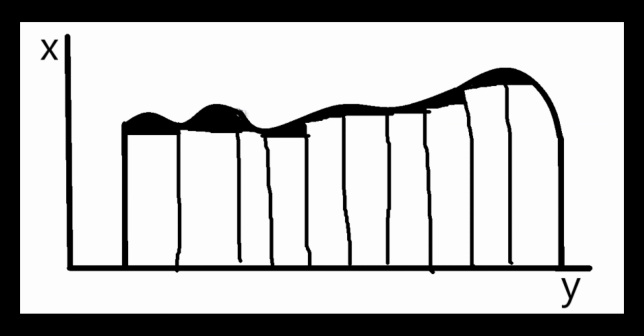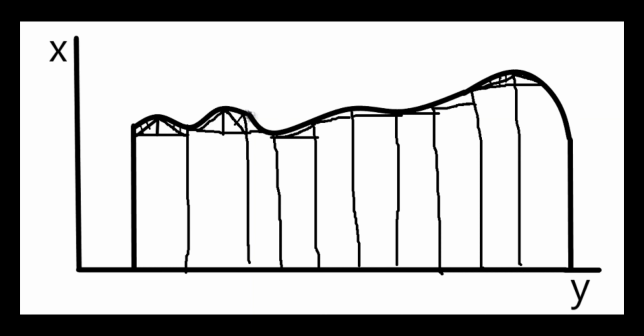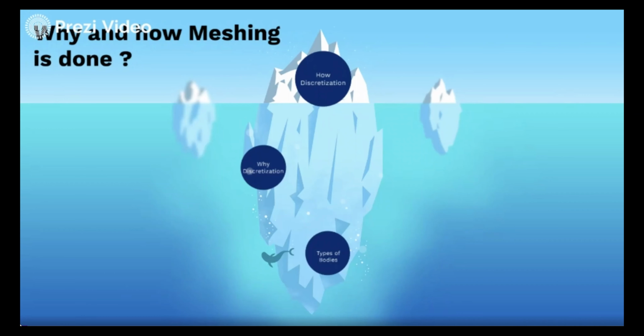In this example, the area is divided into 10 rectangles. As we know the areas of rectangles, we can approximate the area of the curve, and the shaded region is the error for the area. In this, we further divided the error region into triangles so that we could decrease the error in the answer. The more divisions we make, the lesser the error would be. Any CAE software uses this approximation technique for meshing. The results of any CAE software using this technique will always be approximate. They will never be exact.